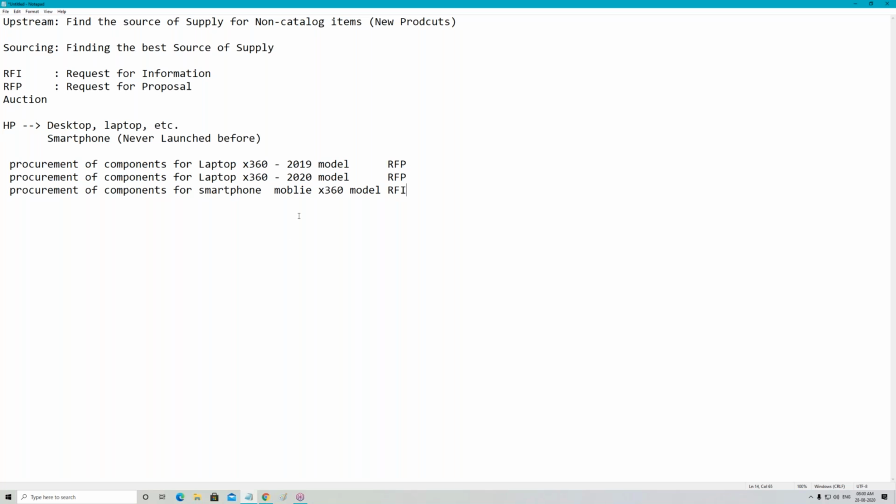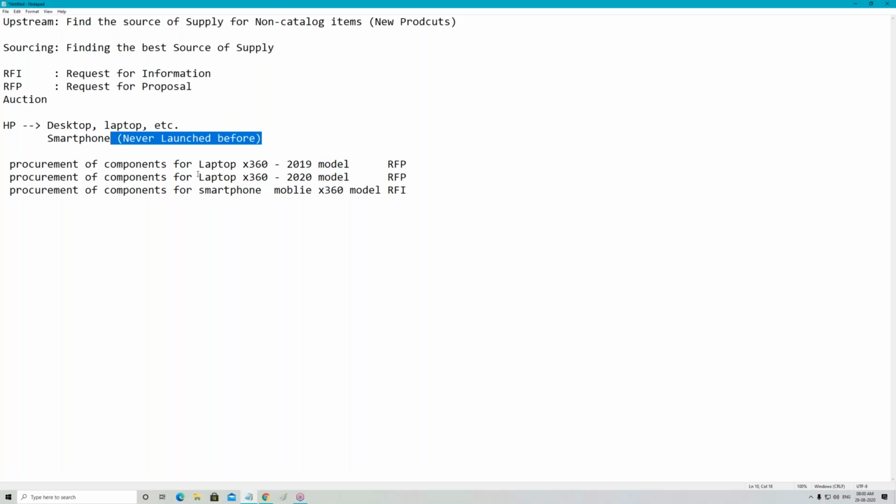Basically, you can argue with me, Manoj, that in a mobile also you will need CPU, motherboard, RAM, camera, all these things, which is the same as in a laptop. But can you use the same processor, same motherboard, same as the laptop? No, not at all. And another thing which I have said before, all of you have paid attention to. Exactly. That means you are looking at it from a buying organization point of view now.